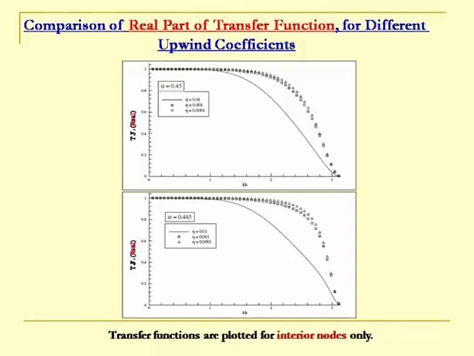Whereas if I keep reducing the value of eta, the filtering gets delayed to higher kh. This is what you see at alpha equal to 0.45. If you increase alpha to an even higher value of 0.485, you will see the filtering action is further delayed for lower values of eta. So basically it gives you the confidence to have another parameter by which you can